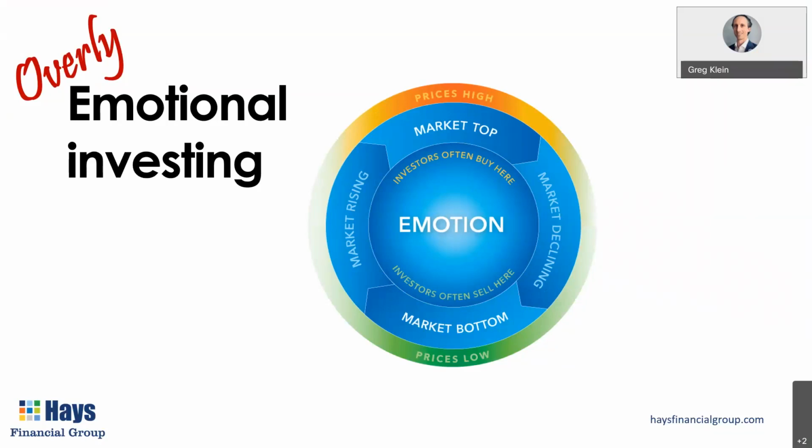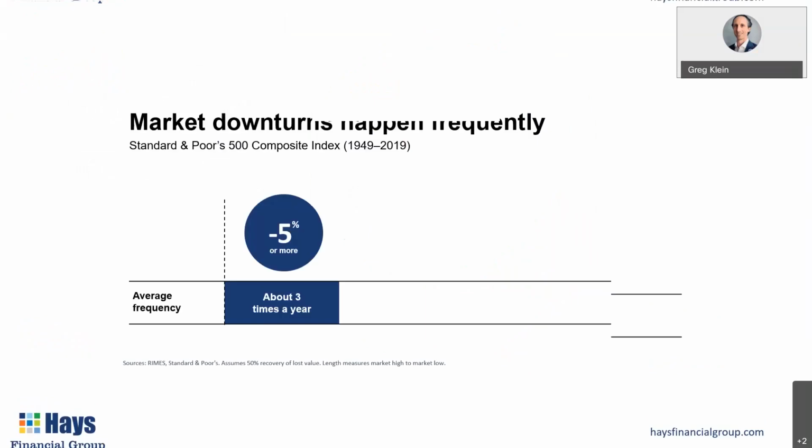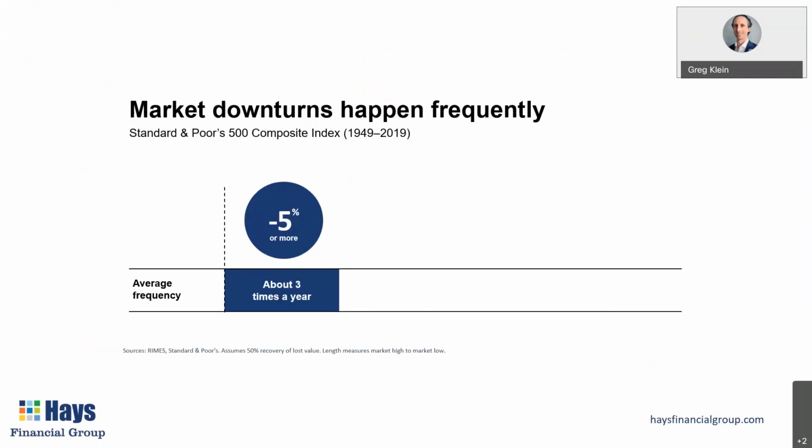And what are they doing by doing that? They're essentially buying high, selling low, buying high, selling low. And doing this over time can hurt them with the performance of their portfolio. So we want to avoid overly emotional investing. And that's what we'll get to with some of our tips, our best practices, because the market, no matter what,